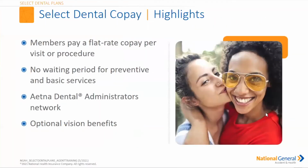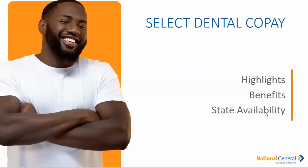Now, the highlights and the benefits, as well as the state availability, is what we're going to be going over on the new copay plan. Now, the copay plan is a separate policy. Now, whether it is the select dental or the dental copay plan,